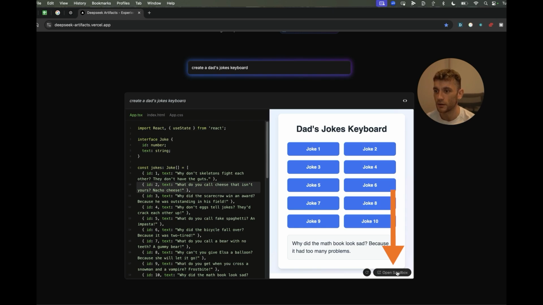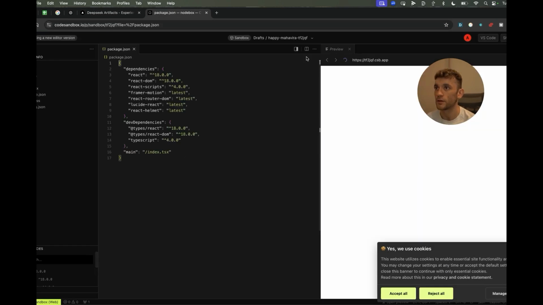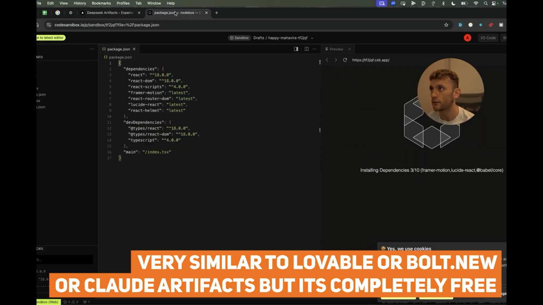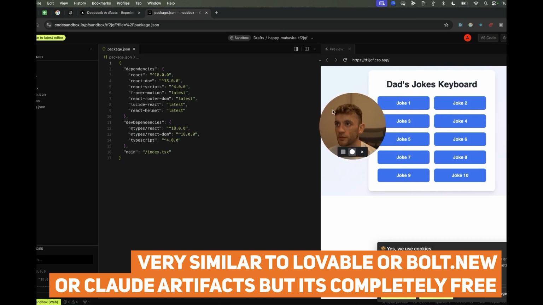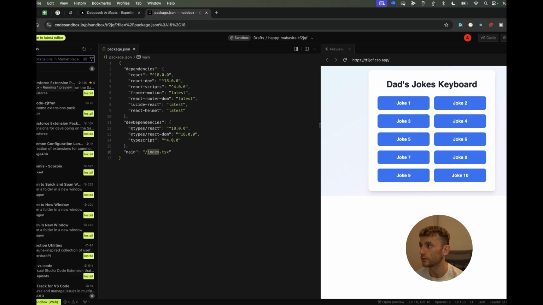Now we're going to click on open the sandbox, and we actually get a sandbox version of the project right here. Now, this is very similar to Lovable or Bolt.new or even Claude artifacts, but the thing here is it's completely free. You can edit the code if you want to, and you can actually create a repository right here, so you can sandbox it out on GitHub if you want to,